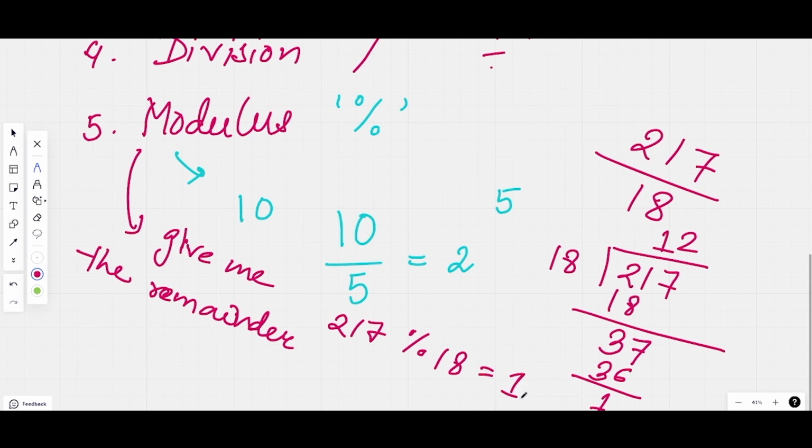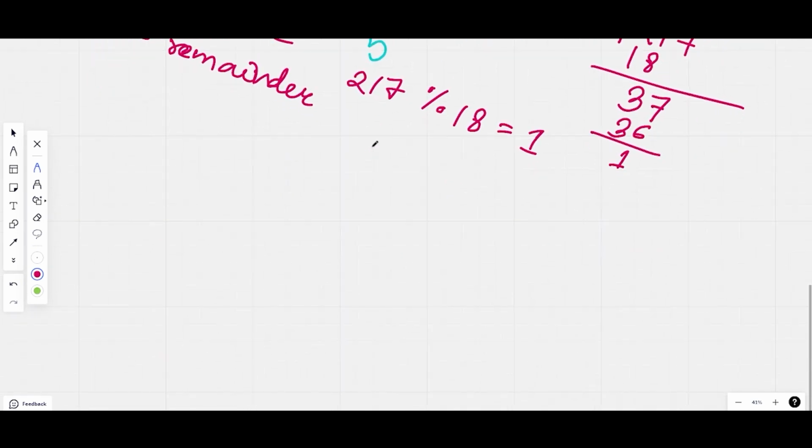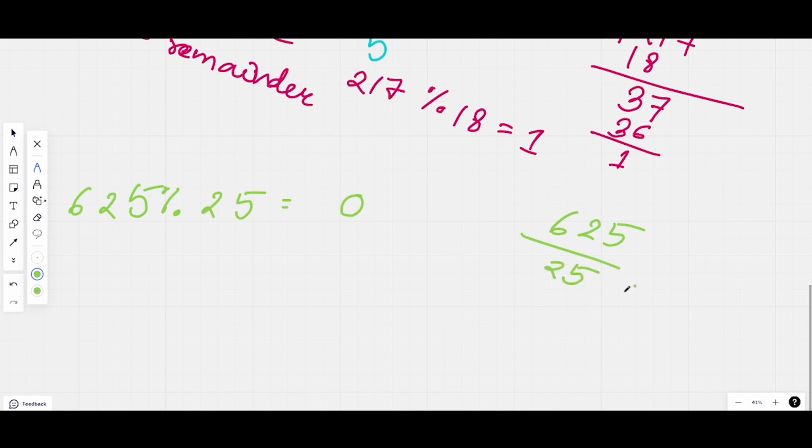So you can get the remainder of any two numbers' division using mod. One more example: 625 mod 25. I know this answer will be 0, because 625 is completely divisible by 25, since 25 into 25 is 625. So you will directly get the remainder of a number using mod.